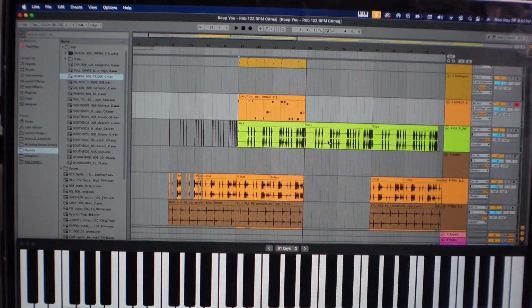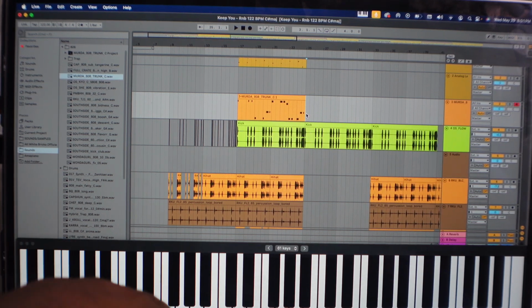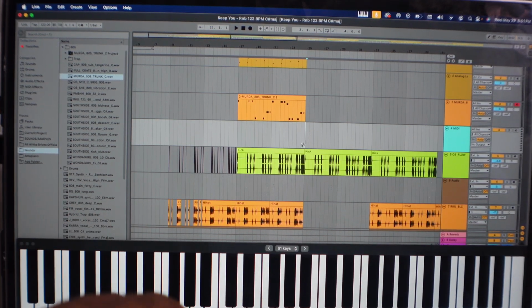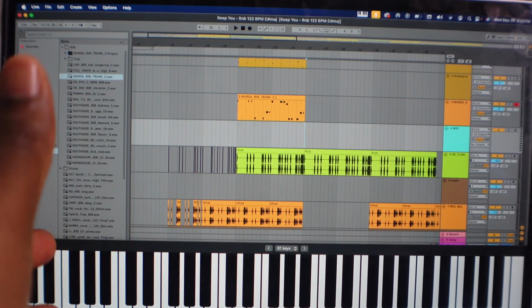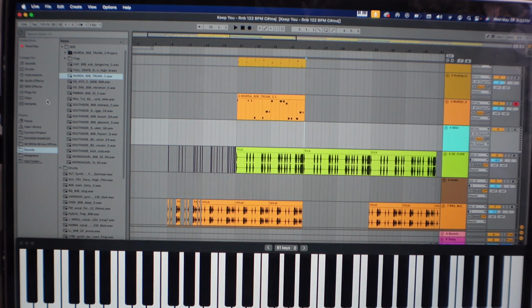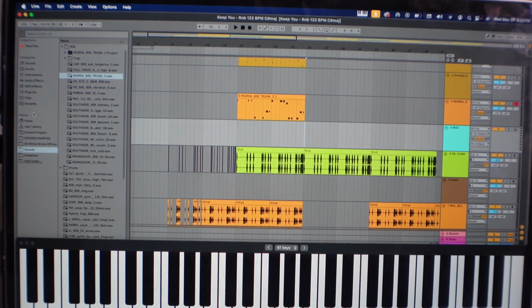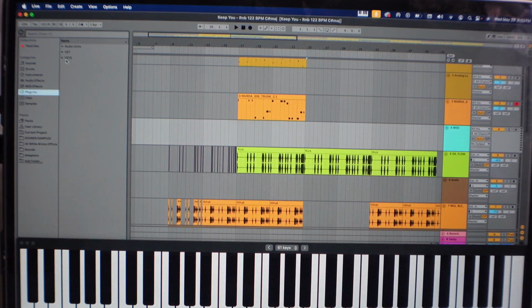Alright, so that's one sound. Another sound that I will use is a synth bass, probably for the verse or the pre-hook. However you want to arrange your beat, you could choose whichever one. So let's go to